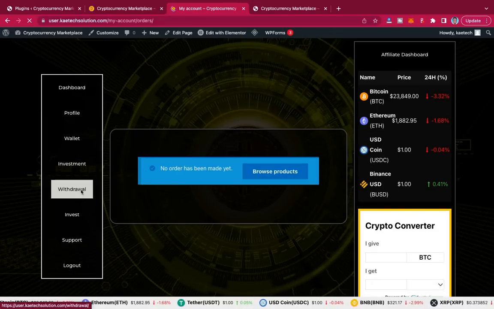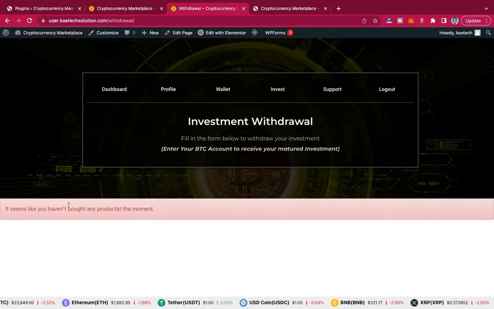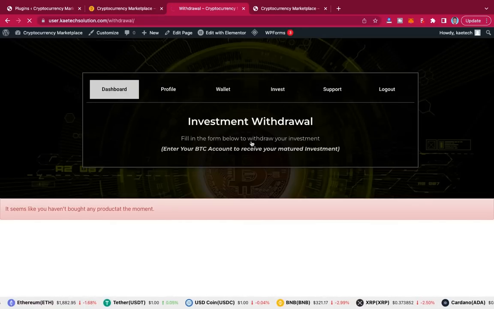And then users can click over here for withdrawal. So if they want to withdraw any amount, since you have not bought anything, there is no way you can withdraw. So let's go back to the dashboard,